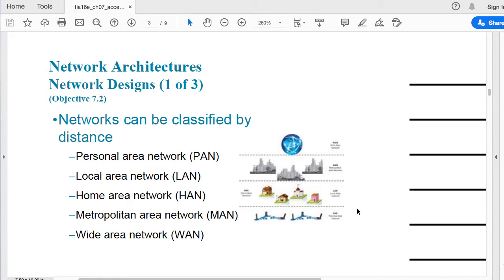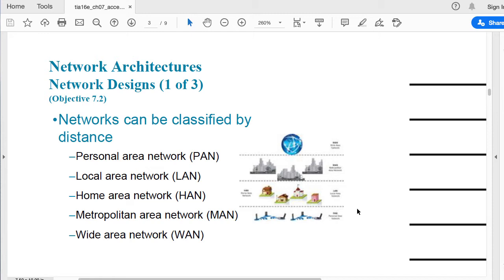Differentiating these networks gets very cloudy because, for example, we have a metropolitan area network. What is that? That's a network that establishes a communication between different devices that reside within the same metropolitan area.